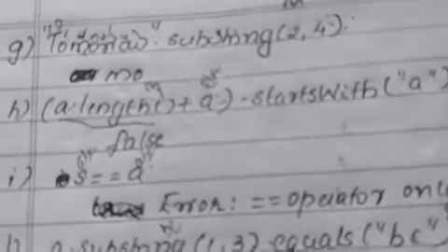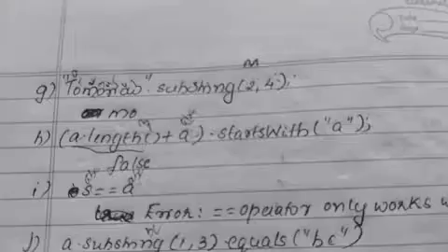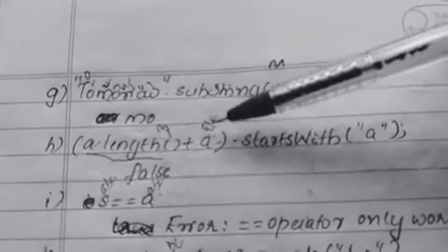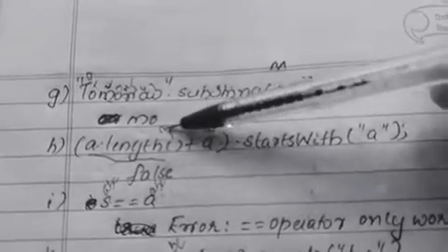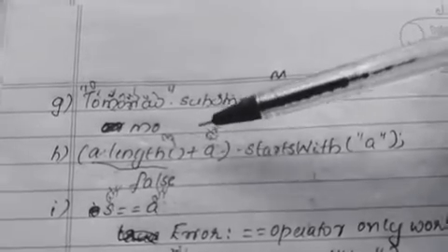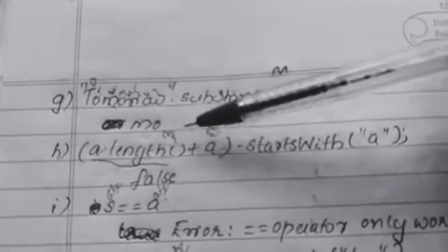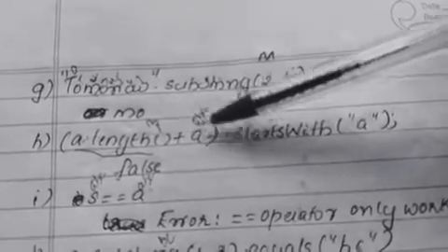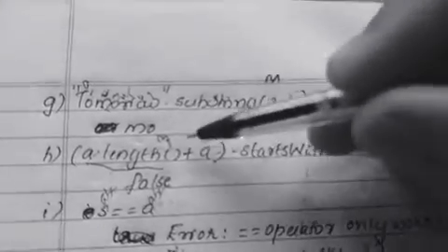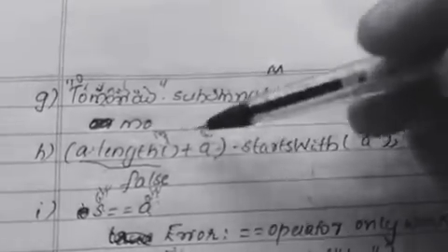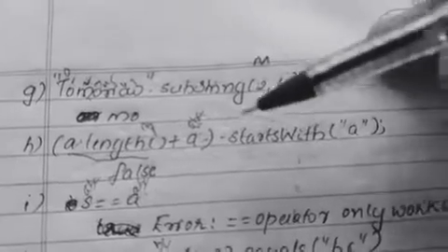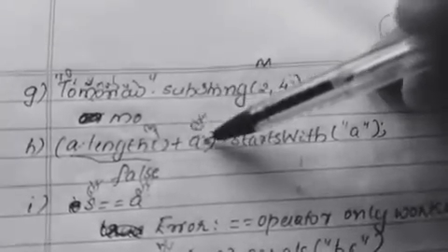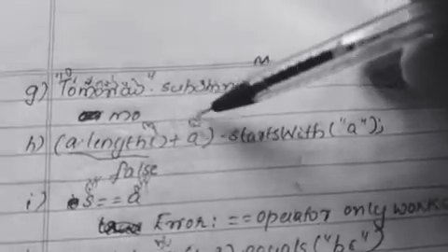3 plus a. The value in a is abc. When an integer and a string value are joined using the plus operator, the integer value is automatically converted to string type, and at that time the plus operator acts as a concatenation operator. So what is the value of a.length() + a? It is 3abc. These two values are joined, and 3abc is the result. So we have found the value of this entire expression: 3abc.